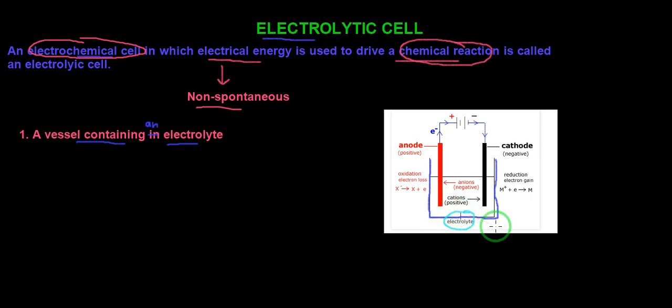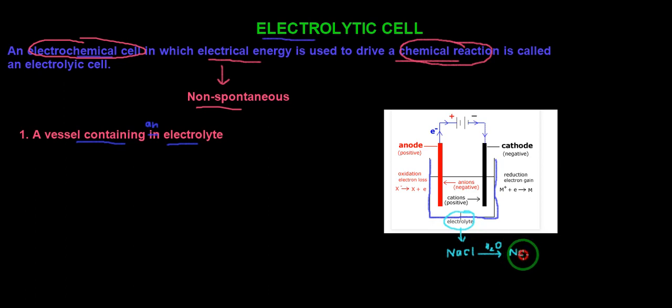As we have discussed in the previous lecture, what is an electrolyte? A substance that conducts electricity when it is dissolved in water or in the molten state is called an electrolyte. For example, we have discussed sodium chloride. Sodium chloride is an electrolyte. When it is dissolved in water, it is split up into ions,